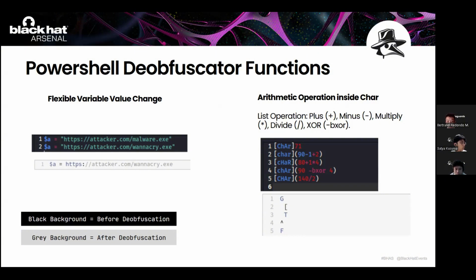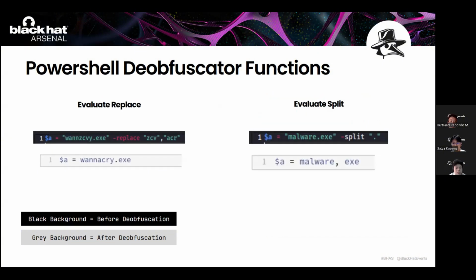As we can see in the result in the picture below with the gray background, the application processes the arithmetic operation and changes it into a string value. The result becomes a string format value that can be seen in the picture below. Next. The next function is to evaluate replace, where in this case we want to replace the ZCP string